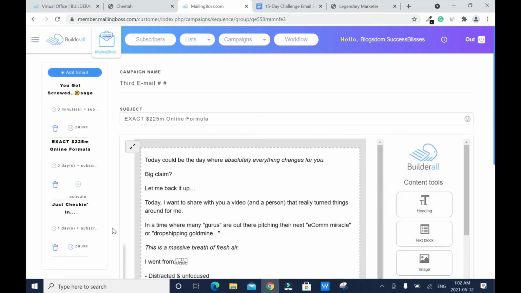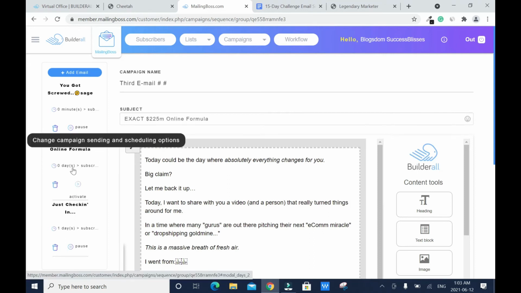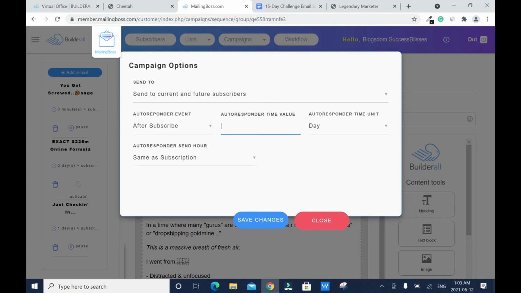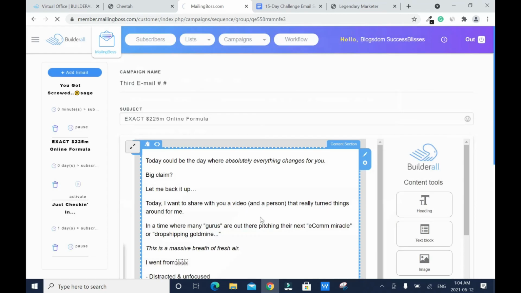Alright, so now we're gonna work on the timing. The one we just did going down, after the second one it goes into the middle. You know why? Because we haven't set up the day yet. I'll do the third one every other day. I don't like doing it the next day, it becomes boring. Okay? But it's up to you. Then click save changes,